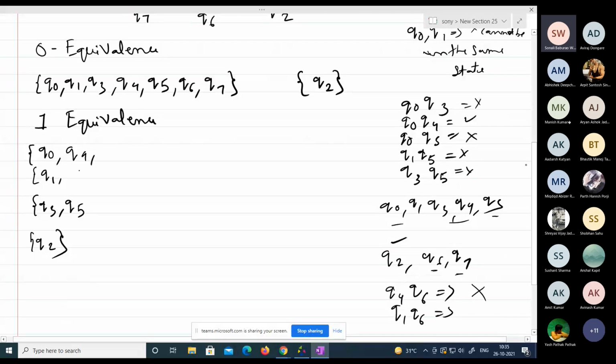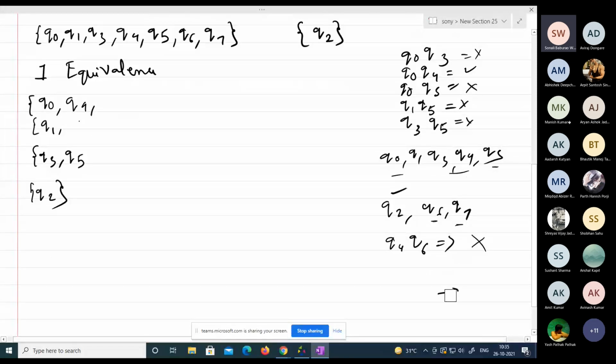Tell me whether it is coming in the first group or second group. Yeah, one more thing to remember here is that since you are doing it for Q4, Q6, similarly, if they are not placed in the same group, then you can surely confirm with the previous state also. Let's try. Then if it is not satisfying the previous state also, then you can move further. Okay, we left out that.